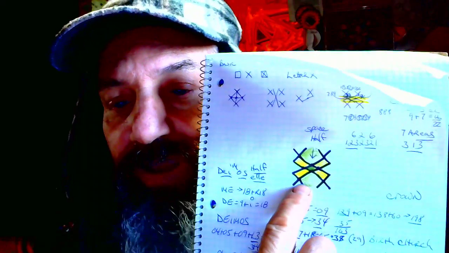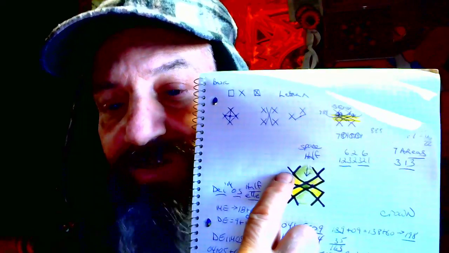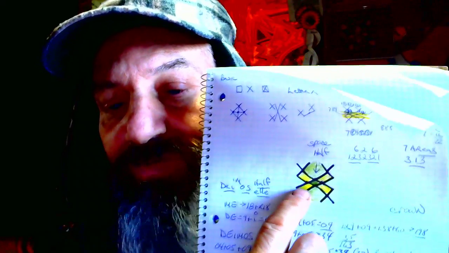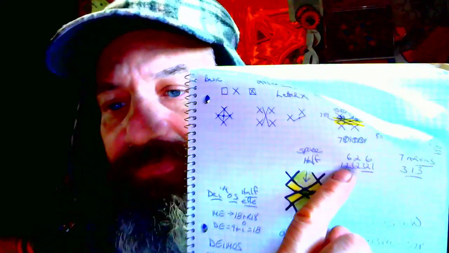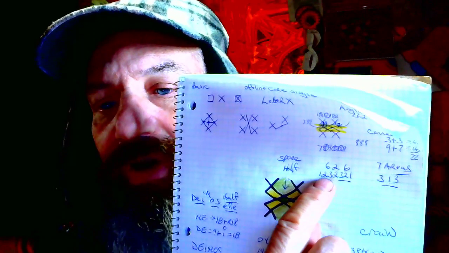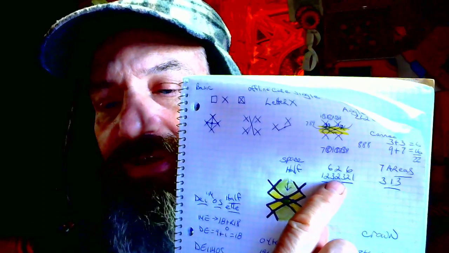This is what it looks like in the larger level. Now imagine if the top of this and the bottom of this were at the same height. This would be the X marks the spot, looking down. The half-life space. 1, 2, 3, 2, 3, 2, 1, 6 on the outside, 2 on the center, 3, 2,